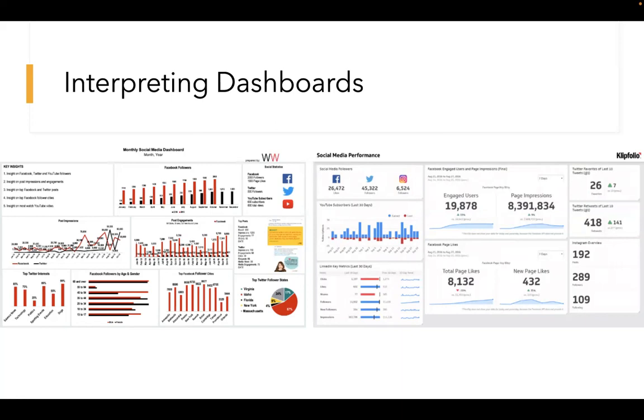This is where you will interpret the data and make your decisions on your social media page. I have two different dashboards here because I think they both have some things I wanted to point out. The one on the left really shows